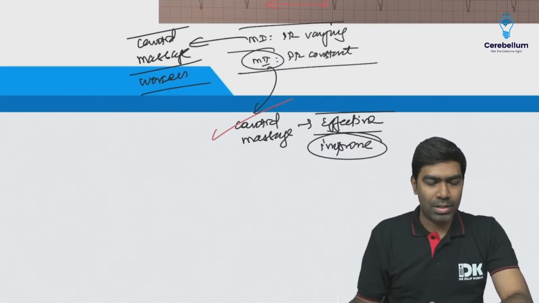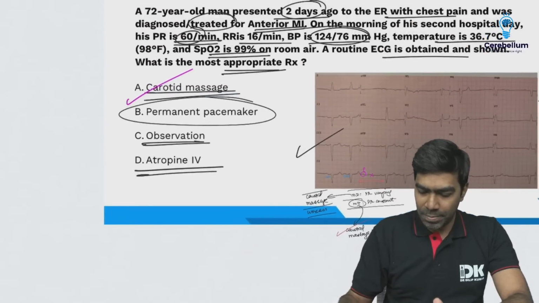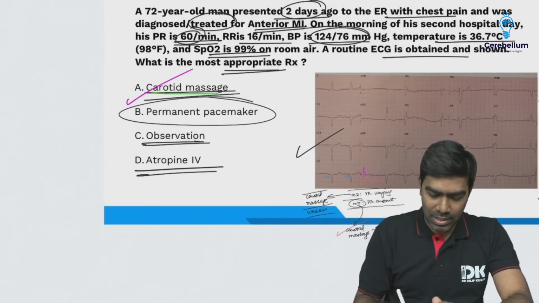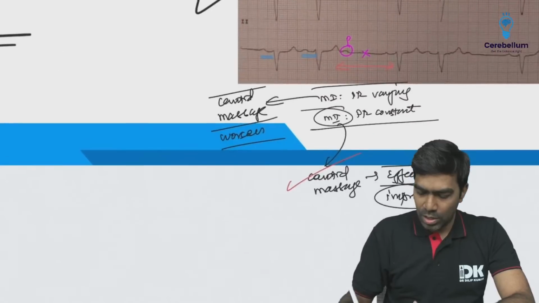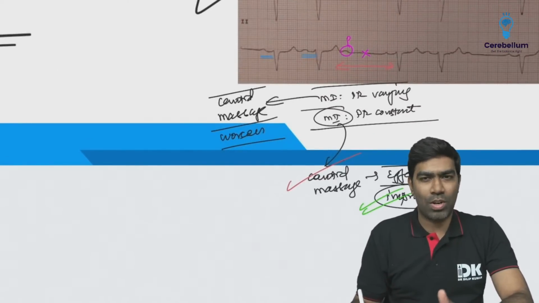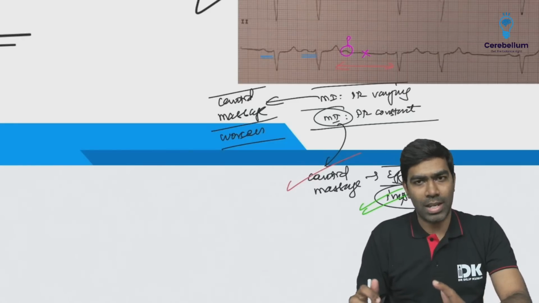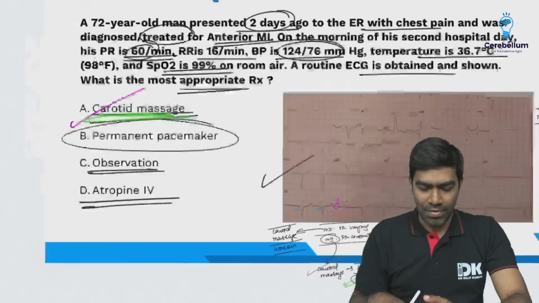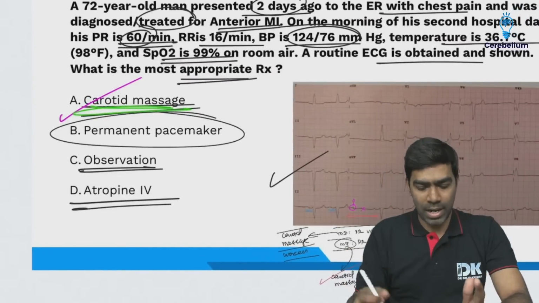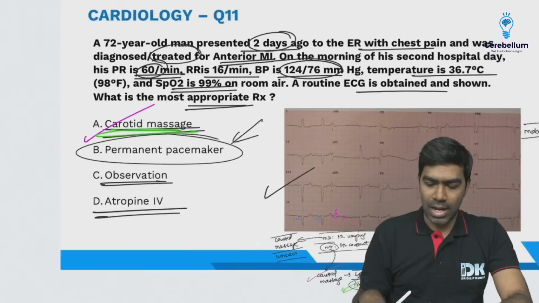Obviously, this question is framed on that only, assuming that people have read Harrison. So basically, carotid sinus massage can be used for patients with Mobitz 2, and that can improve the Mobitz 2, but only acutely. For acute bradyarrhythmias, it's an experimental thing, so you can try, but otherwise we are not going to try it in a patient with chronic bradycardia where a permanent pacemaker will be the preferred choice. So understand,